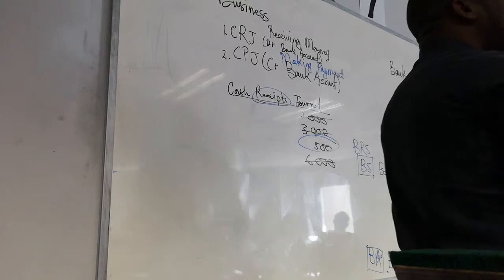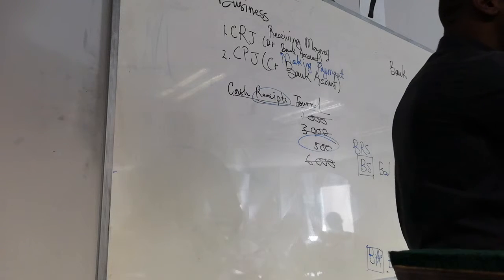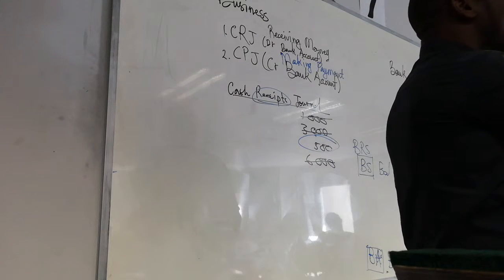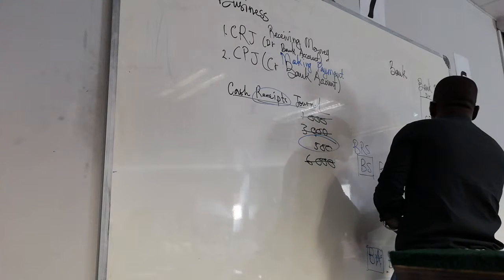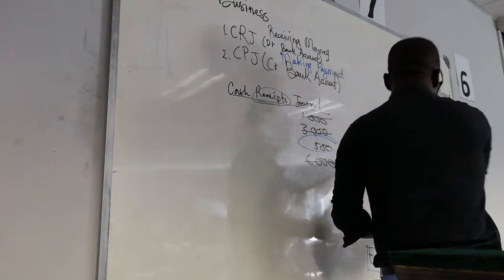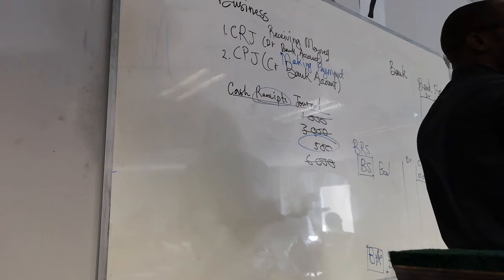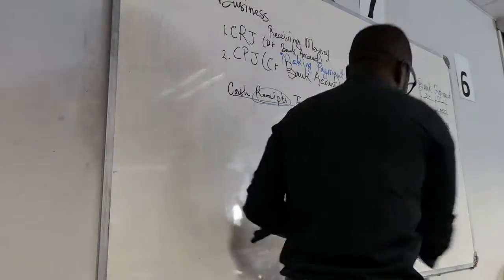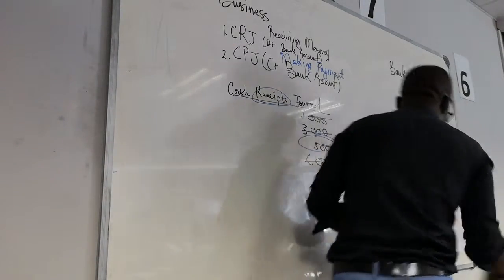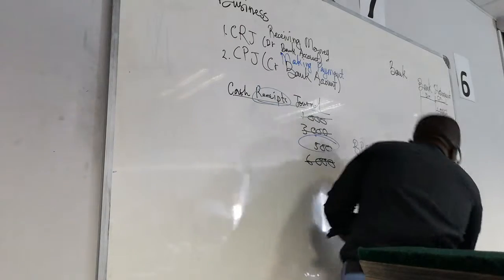If the bank did everything that we did, they will say that you've got a credit balance of 10,000. Are we together? So they will come here and say, we've got a credit balance of 10,000. There's no need for reconciliation. Are we together? The totals are the same at the end of the day. The totals are the same. Down here, we're going to have a column for totals.